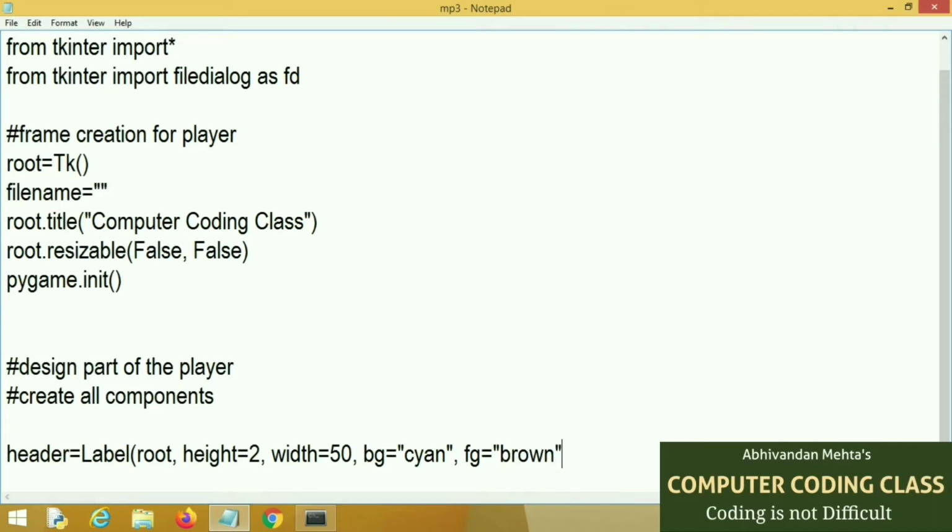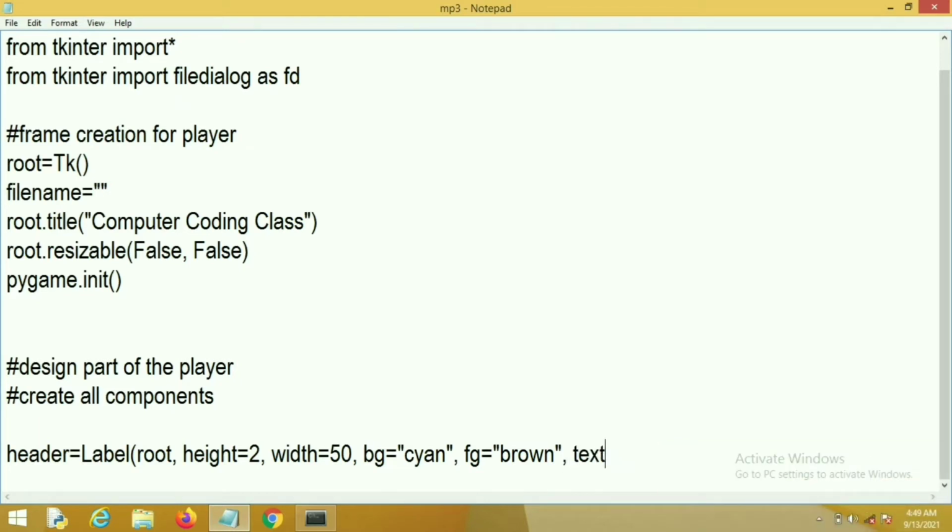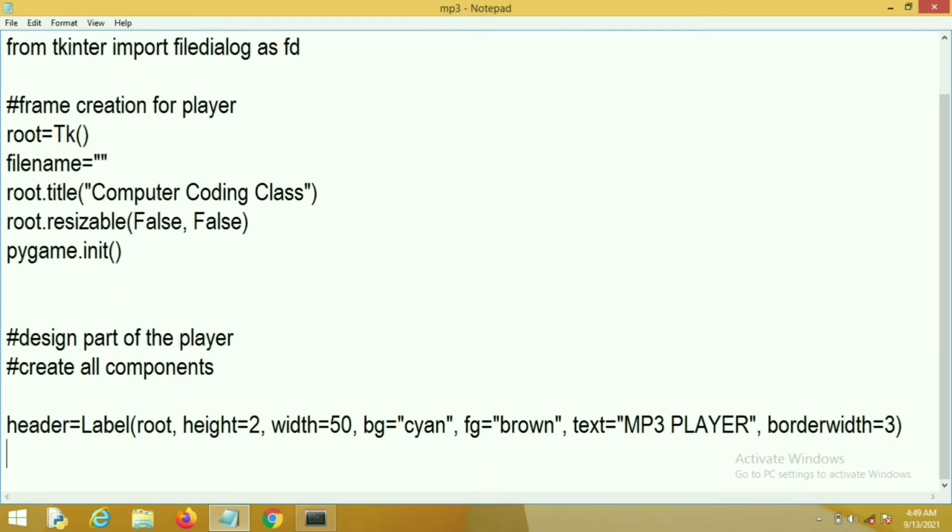Foreground color is set to brown. And next one is border, width and text. First text equal to MP3 player, comma border width equal to 3. This is just the formatting of the label.